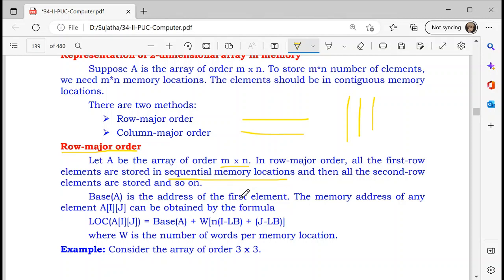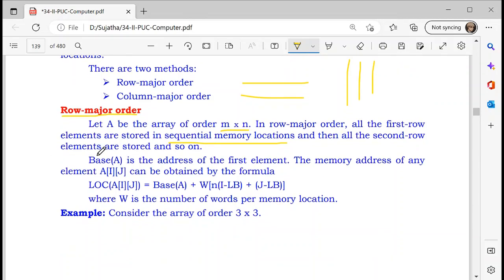The elements which we input will be stored in this method. The first row elements are stored in sequential memory locations, and then the second row elements, and then the third row elements, like that. And also, how do we obtain the address of a particular element,